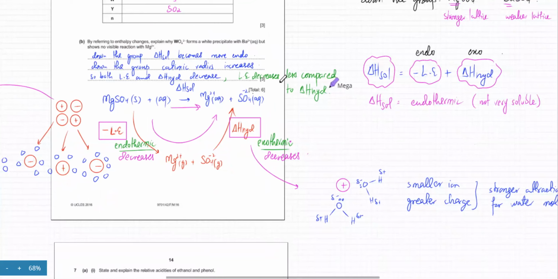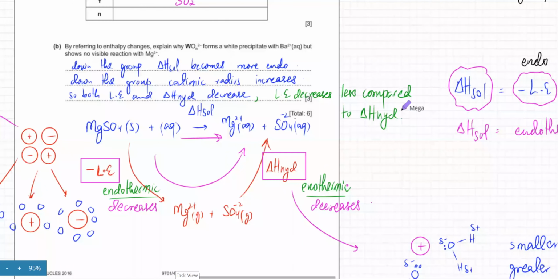And my advice would be, you need to know the whole cycle, you need to know the whole concept. But since this could get very confusing, make sure you remember these 3 points. You're going to get this very typical question that usually comes in every paper, where they want a comment on the solubility of hydroxides down the group or the solubility of sulfates down the group. So it's better to just remember these 3 lines,